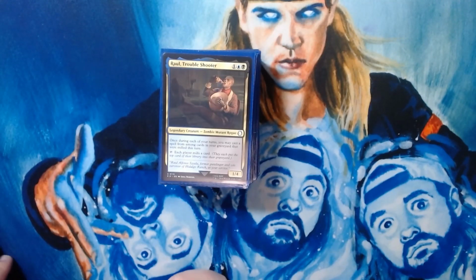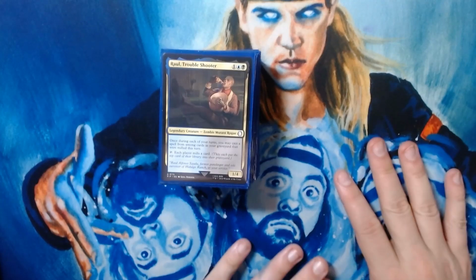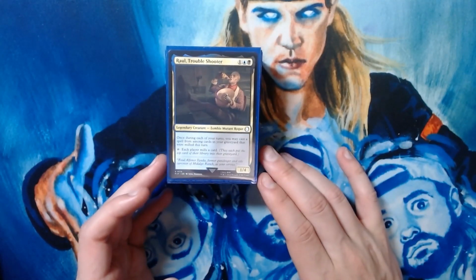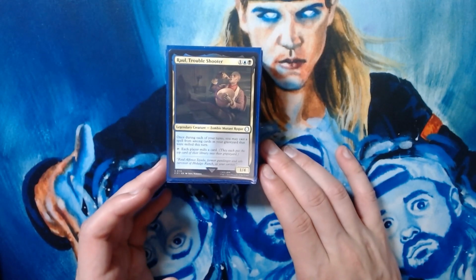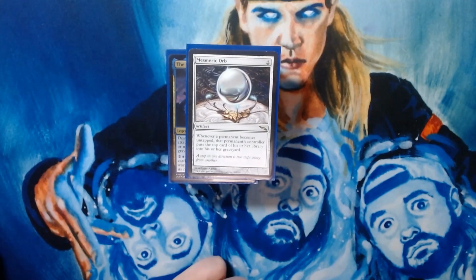Raoul, Troubleshooter. You know, definitely going to get some extra stuff here. He's an awesome zombie mutant rogue. Once during each of your turns, you may cast a spell from among cards in your graveyard that were milled this turn. And then he can just tap to mill cards. So he's mill. We love that. Speaking of mill,